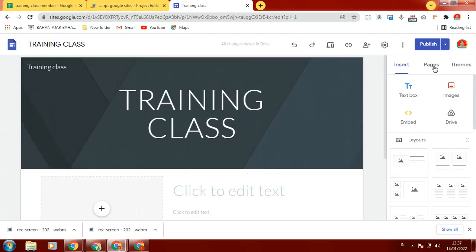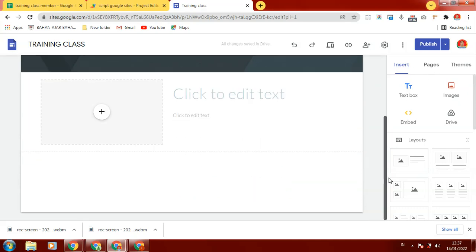We can add pages and so on, and the editors that we add here can select the page for their task or assignment or project.